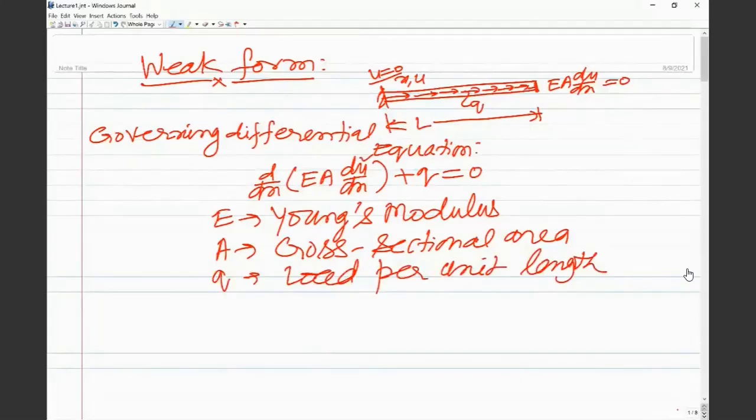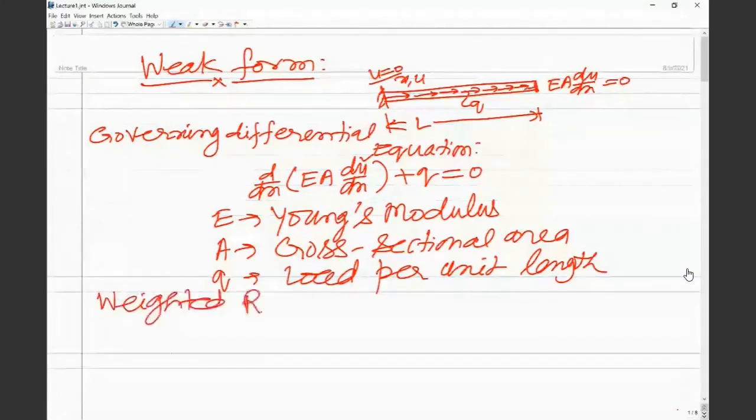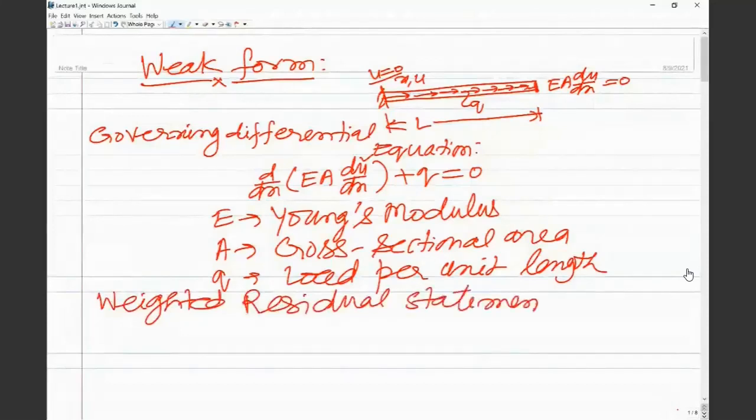And when we substitute that approximate solution, the left hand side will not actually be 0. So whatever we get, we call that the residual. Then we write what is known as the weighted residual statement. Weighted residual statement. So now in this weighted residual statement, what we do is